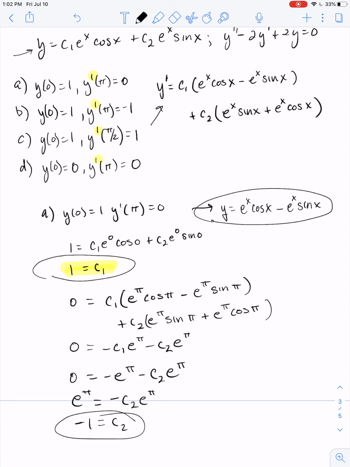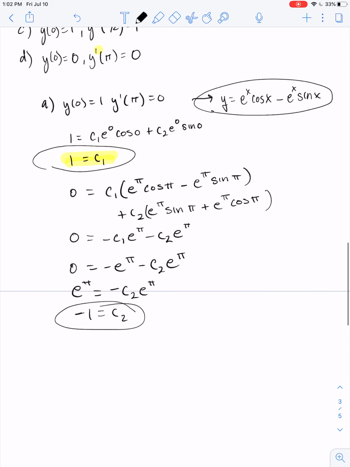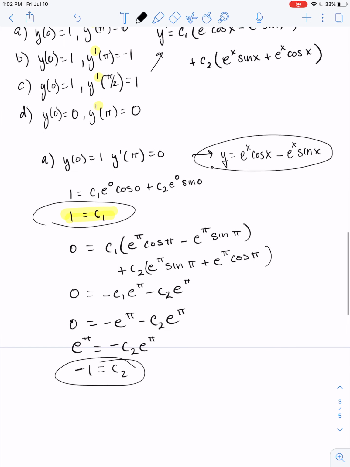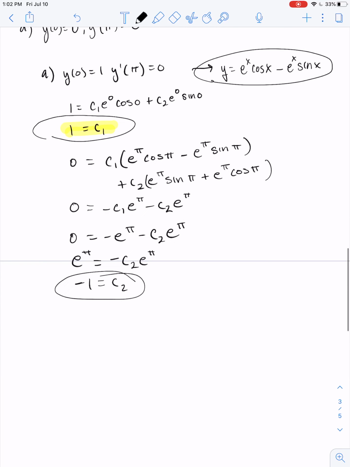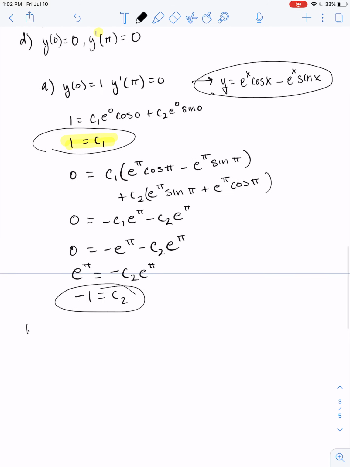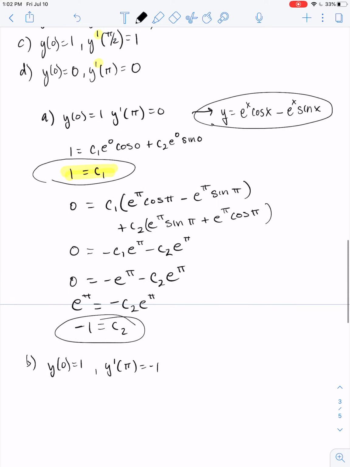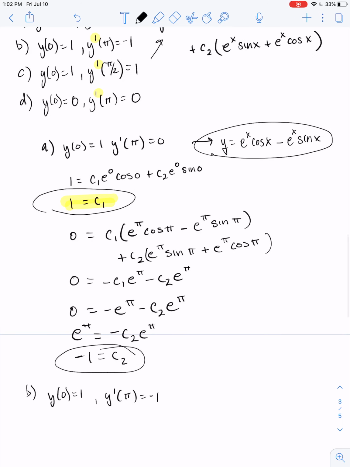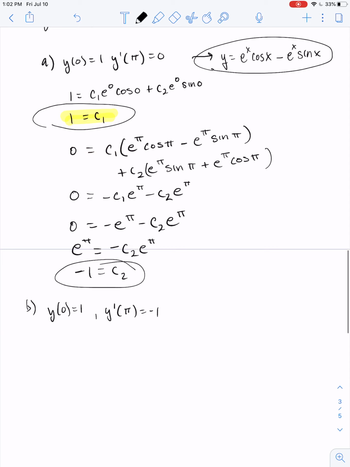All right, next one we have is letter B. So I got y of 0 is 1, y prime of pi is -1. So B: y of 0 is 1, and y prime of pi equals -1. We already did y of 0 equals 1, so we know from the earlier one that C1 is going to be 1. For y prime of pi, we have to plug in because we're going to have -1 equal to